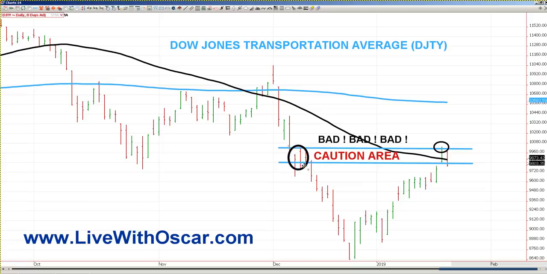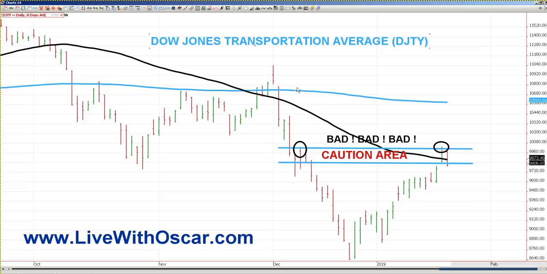That was fast. It was perfect, and it makes me wonder, are we now going to consider that the head and shoulders is larger than the first drop, which gave us all the way down to here, the first projection? Is it larger than that, and will we start heading for projection number 2 and 3? So now we've got to keep our eyes open. We absolutely have reason for caution. This is a bad, bad, bad development in the transportation average, in my opinion. But there's more.